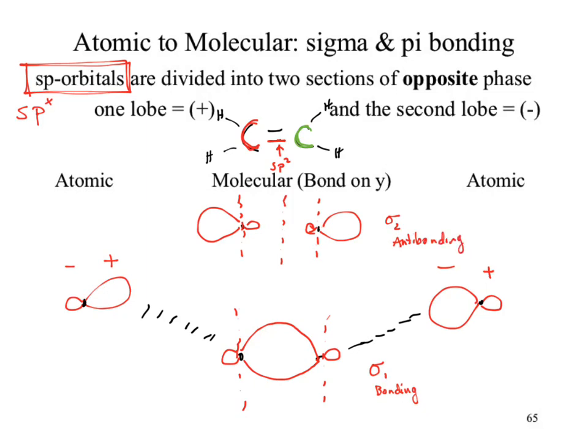Specifying that as sigma 2 anti-bonding is a lot. So I want to change my notation to accent the fact that I have anti-bonding, and that's where I can change that to become sigma star. Okay? I've now described the direct overlap of those orbitals to make that sigma bond